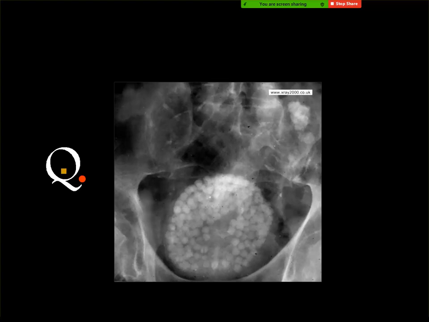Fibroid calcification. No. What is this in the anatomy? The urinary bladder. Yes, filled with urinary stones. And there are also stones in the lower end of the left ureter. Whenever you see multiple radiopaque shadows in the region of the urinary bladder, think first of stones. Then you may go for calcification and its causes, and you may go for extravesical calcifications and the causes of these calcifications.